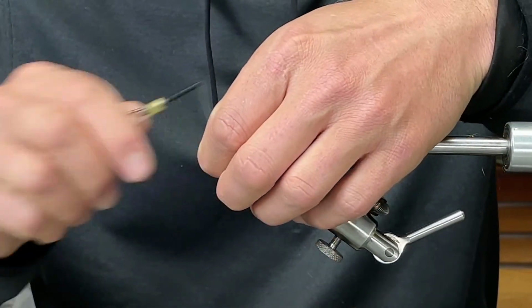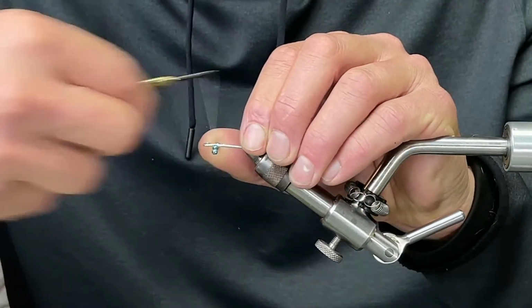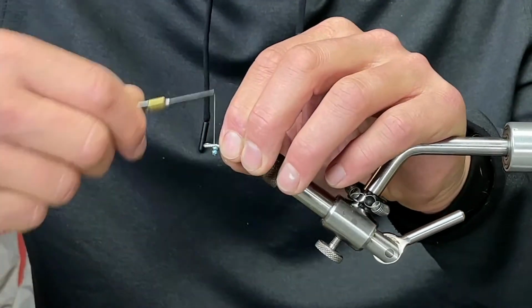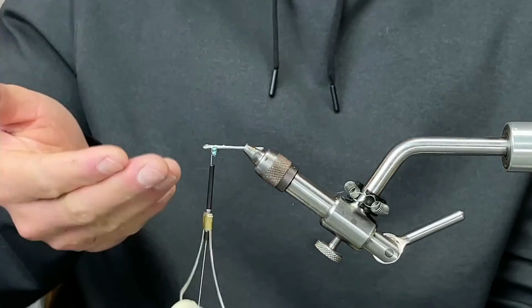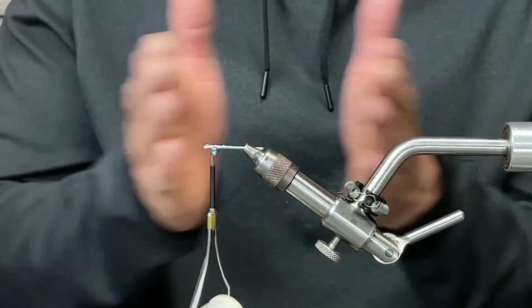And again, I always flip them under, so there's not going to be anything in front of those eyes. I always add them in first to help me out with my proportions. And because of how I lock in my Power Pro, it helps me not have to tie over the Power Pro. And proportions are one of those things that just...